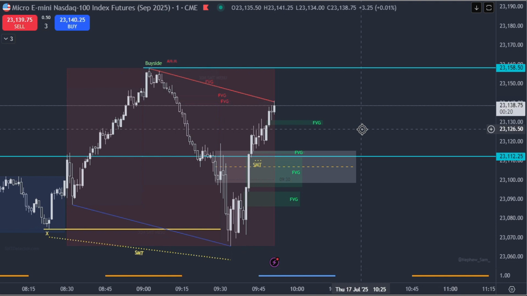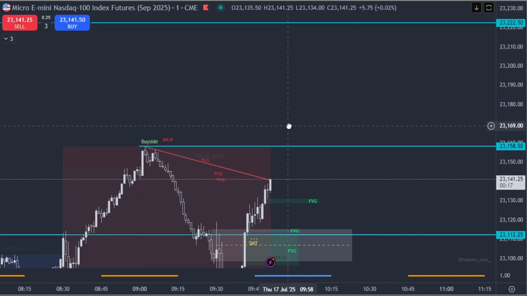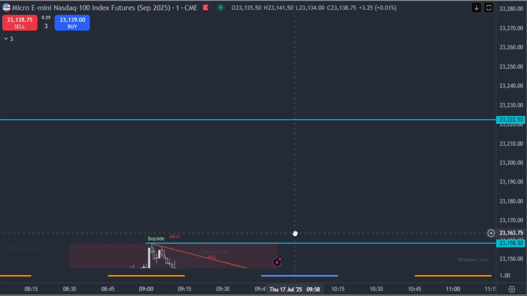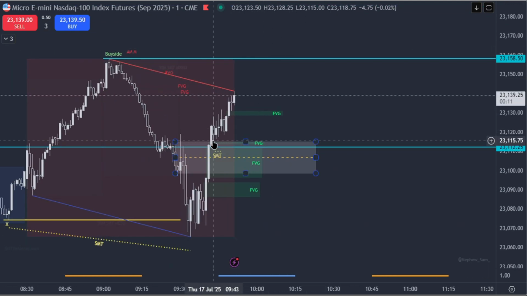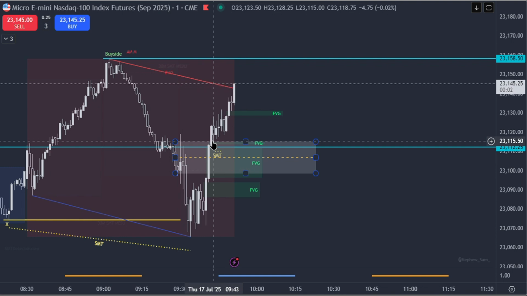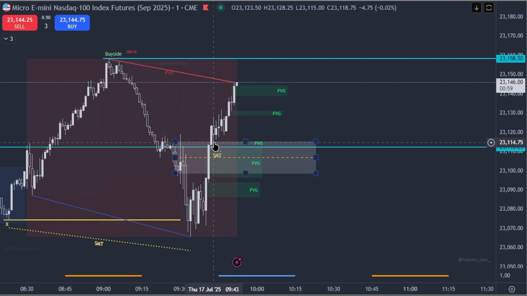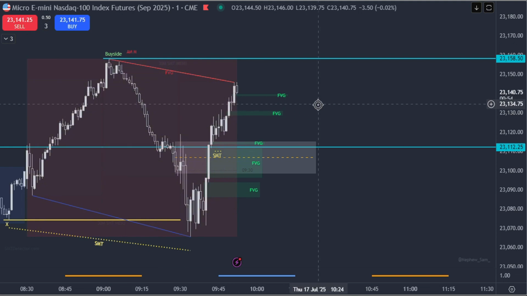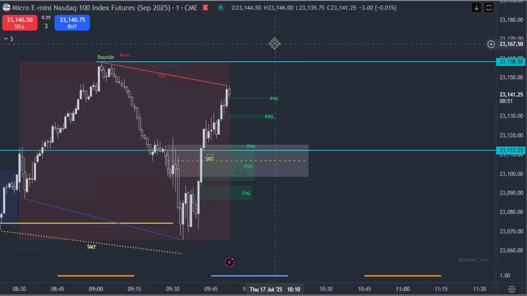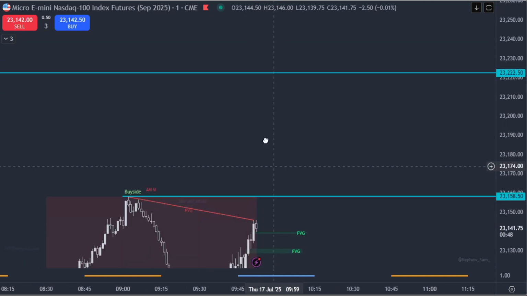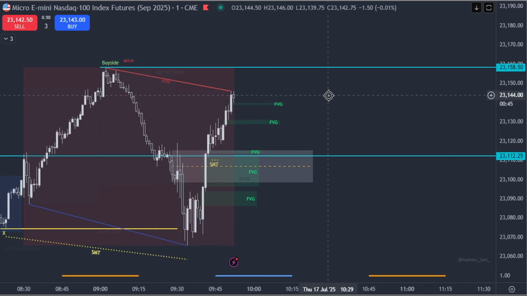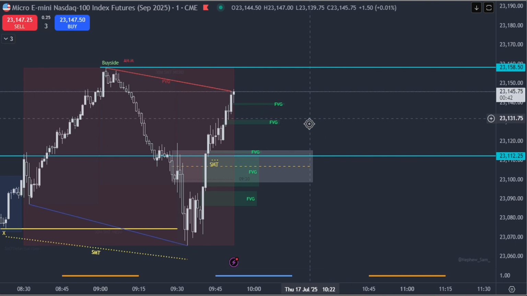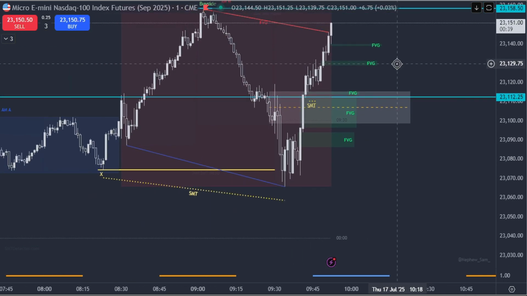So as soon as we take this high, I'm not going to be interested anymore. Yeah, that was our only retracement into here, and we're already too high, but hopefully you are getting something out of the video.